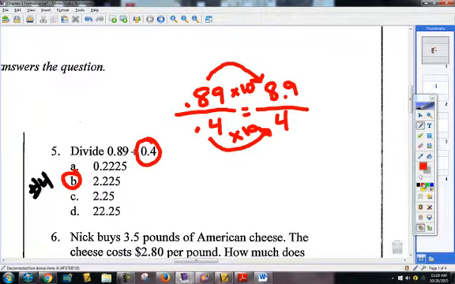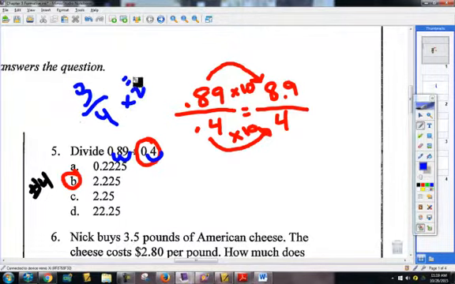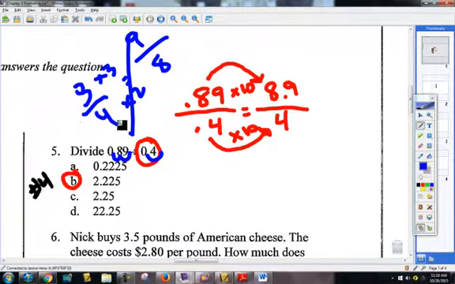The biggest mistake that I see students making is they move this, and then they move this like this. Is that correct? I did two different things. I can't say 3/4, and then, okay, you know what? To the bottom, I'm going to multiply by 3 and make it 8. And to the top, I'm going to multiply and make it 9. Are those equal now? They're not equal. They must be multiplying or dividing by the same number to the top and the bottom. So, my problem here is going to be